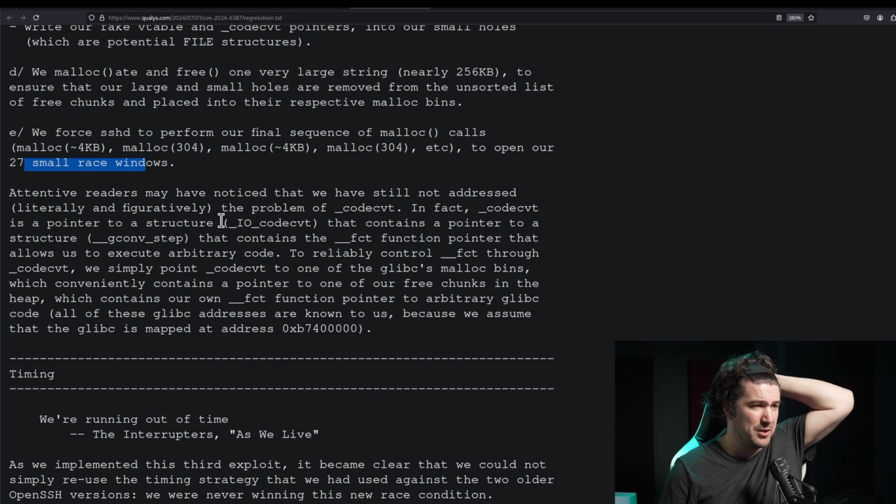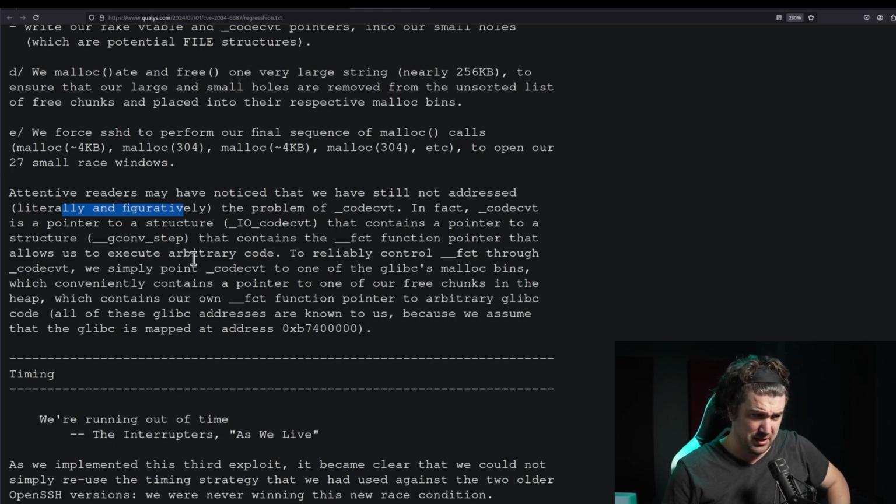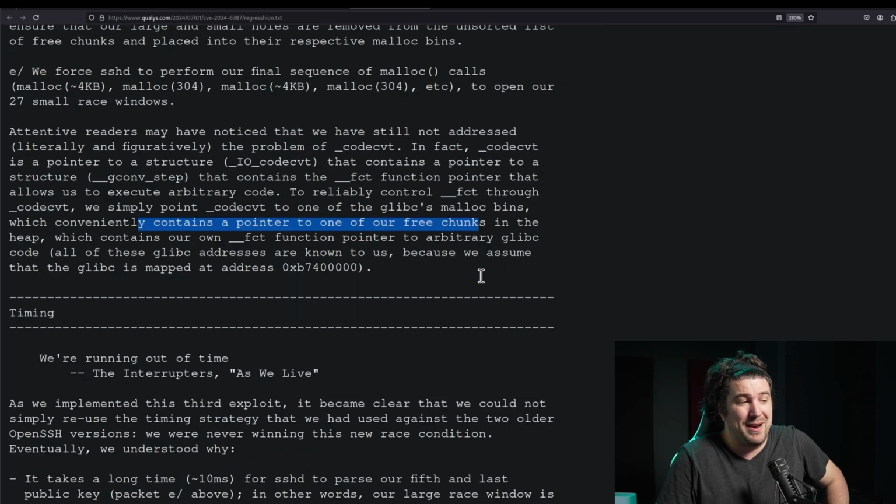Attentive readers may have noticed that we still have not addressed, literally and figuratively, the problem of code CVT. In fact, code CVT is a pointer to a structure that contains a pointer to a structure that contains the FCT function pointer that allows us to execute arbitrary code. To reliably control FCT through code CVT, we simply point code CVT to one of the glibc's malloc bins, which conveniently contains a pointer to one of our